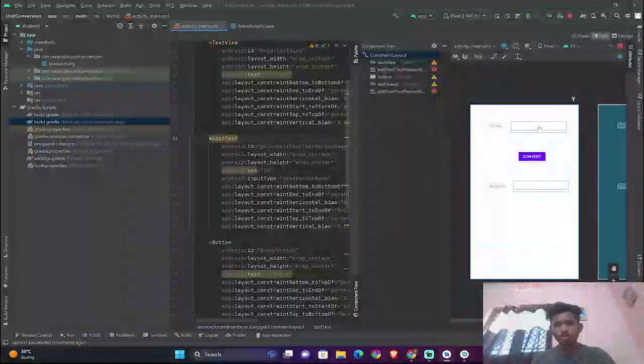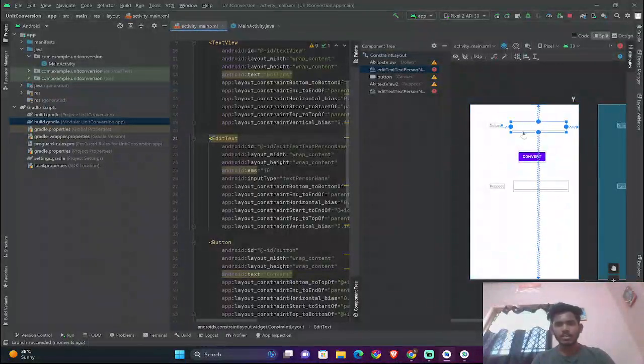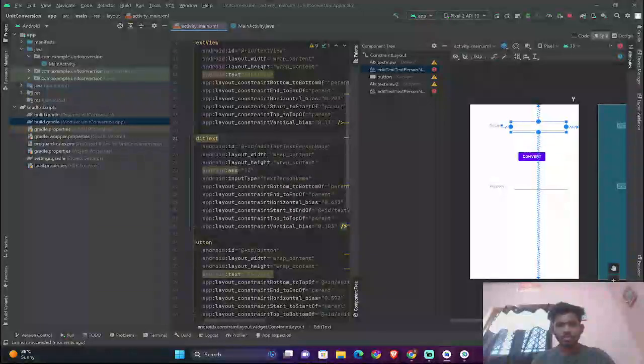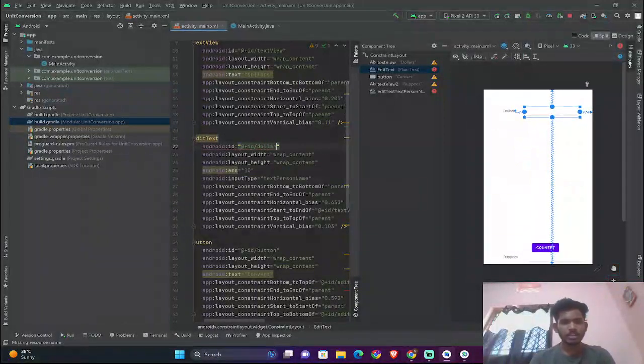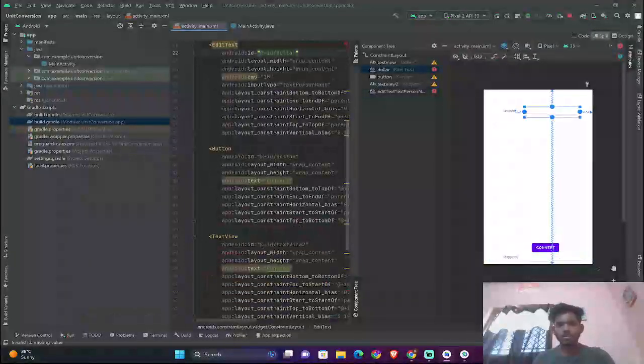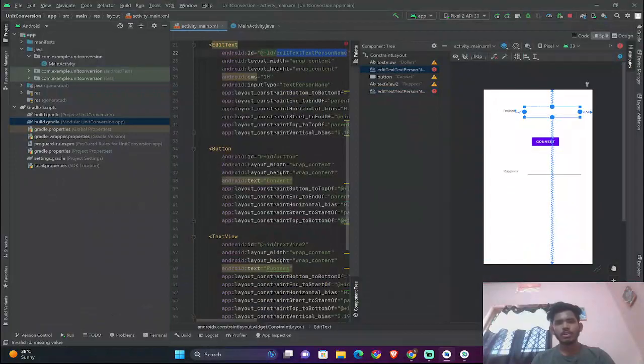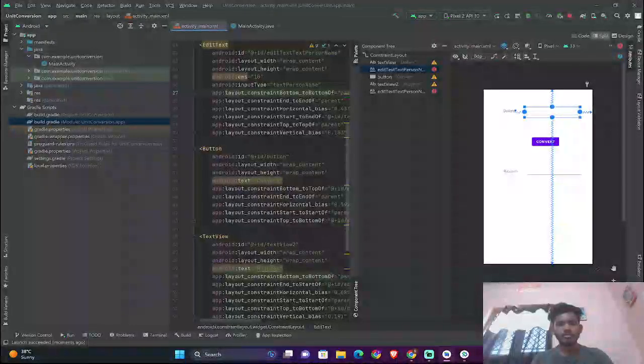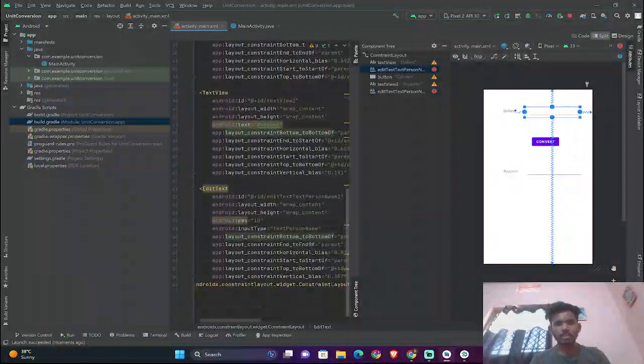Now we have to check the IDs here. For this text box we will give the ID as dollar, and for this one, okay, we will leave the IDs the same because it will take some time to change them.